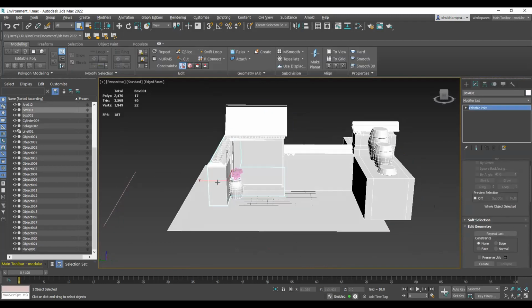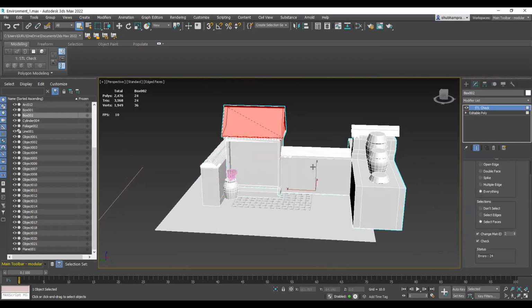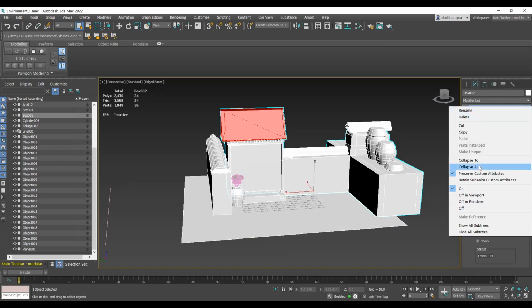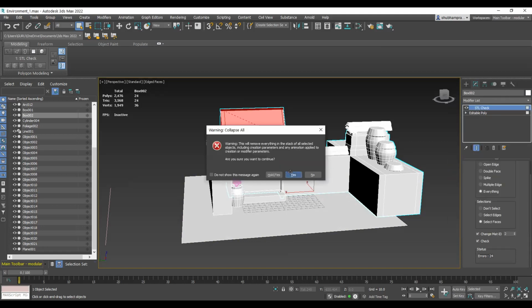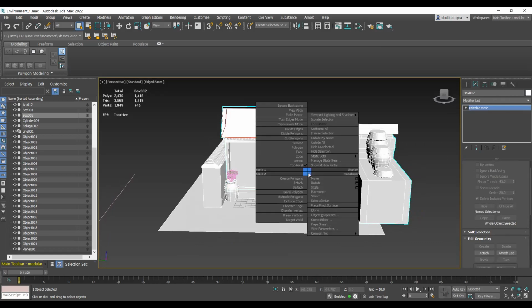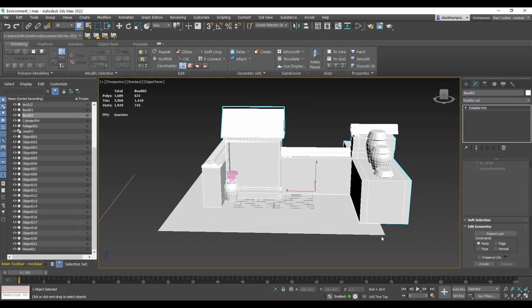No, right side. So here you can see you have selected polygon. Collapse it, your STL check. Right click, collapse all. Yes. It's mesh, convert to polygon. Now select the model.